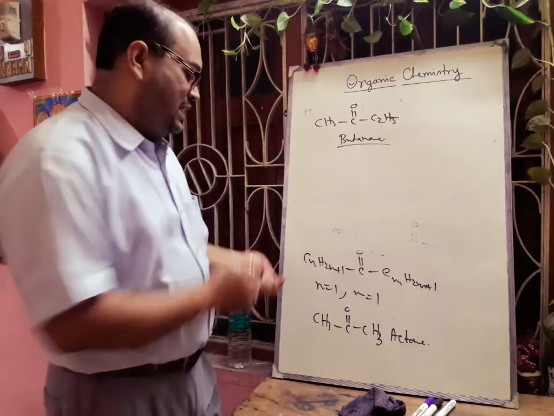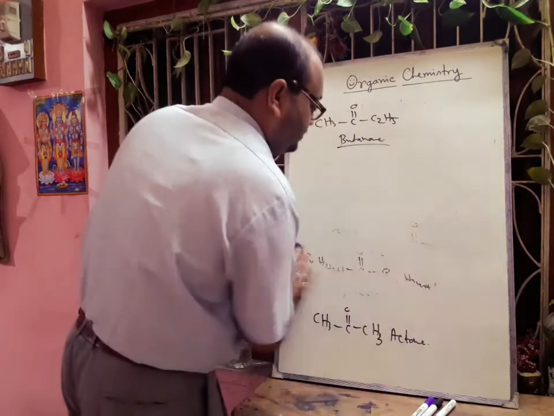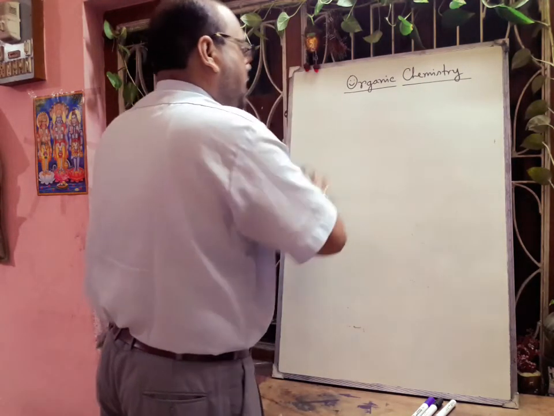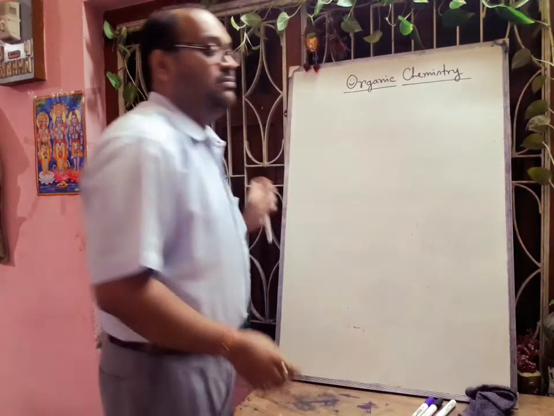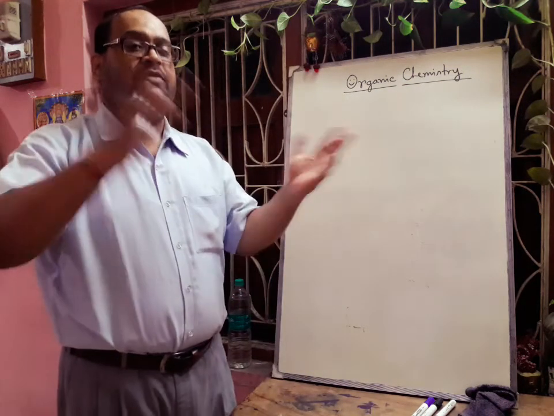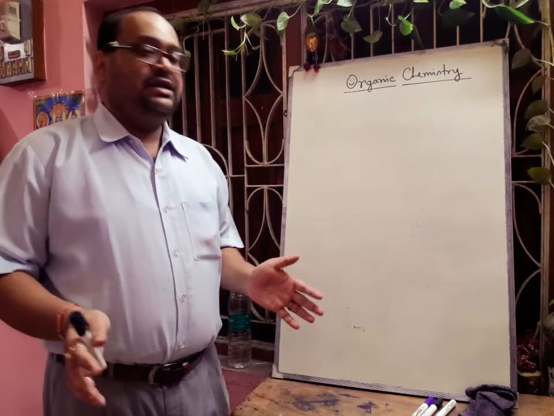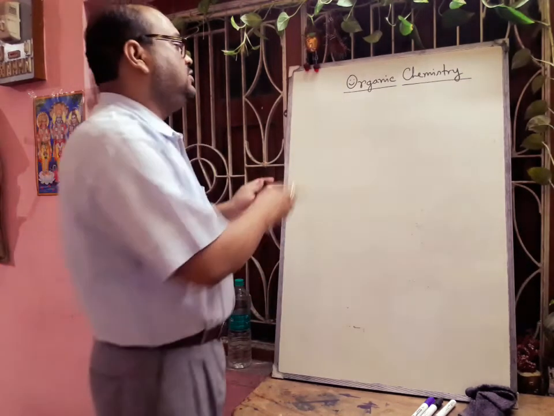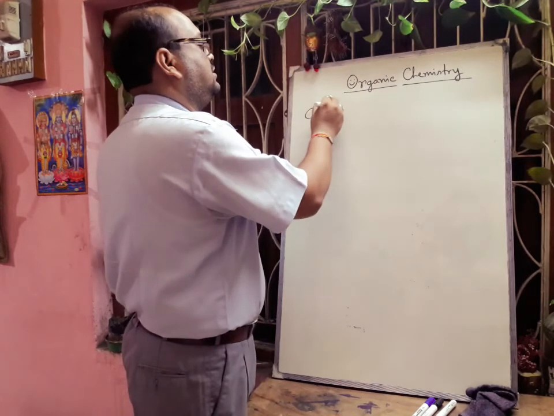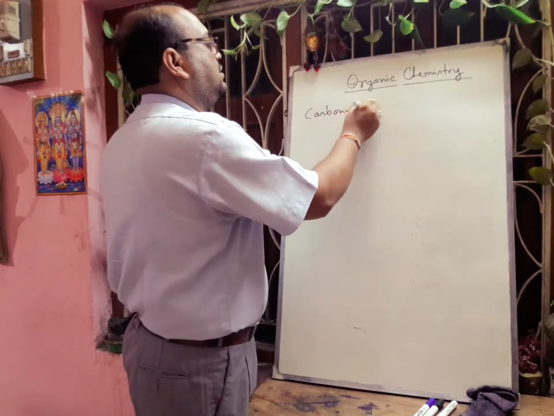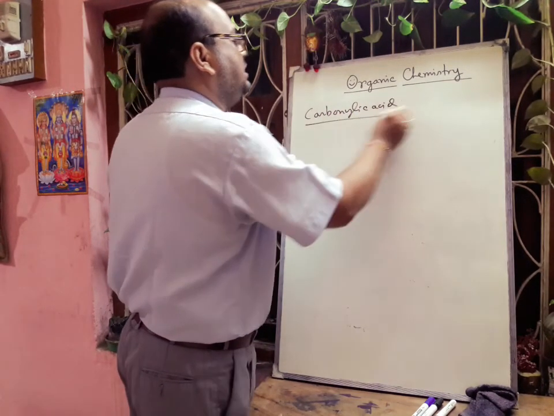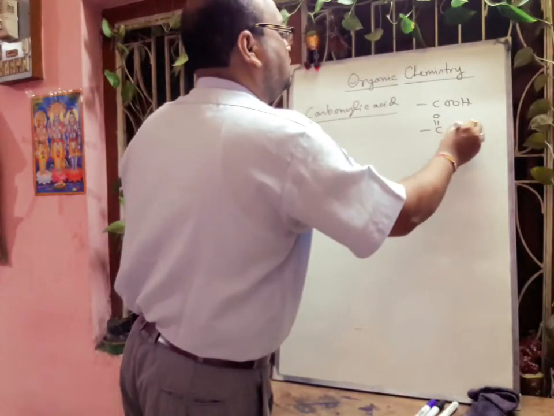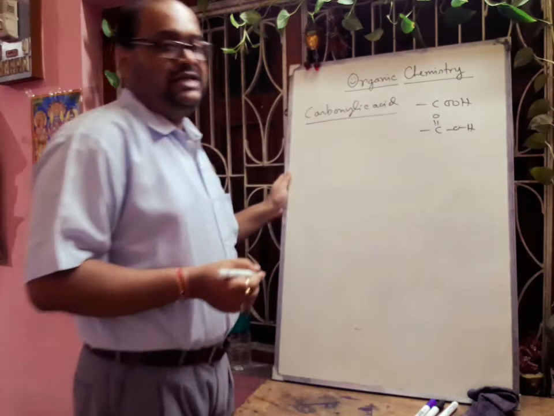Next we will discuss another type of functional group that is also in your syllabus. Here I am not discussing all functional groups. There is a huge number of functional groups. Whatever is in your class 10 ICSE board syllabus, that I am discussing. Next we will discuss carboxylic acid. Generally it is represented by the COOH functional group, and we can write it in this way also. This is the carboxylic acid functional group.